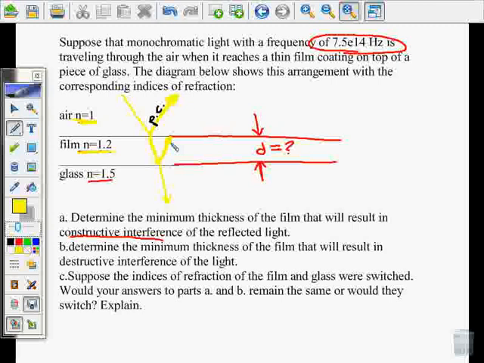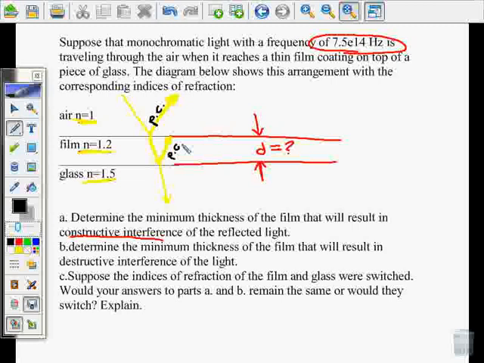Yes. Because again, it's going from 1.2 to 1.5. It's slowing down even more. So it's going from slow to slower. So this here is going to go through a phase change. So since there is a phase change at both surfaces,